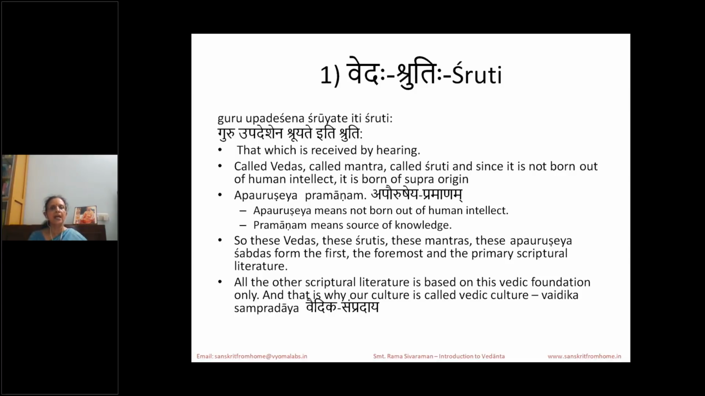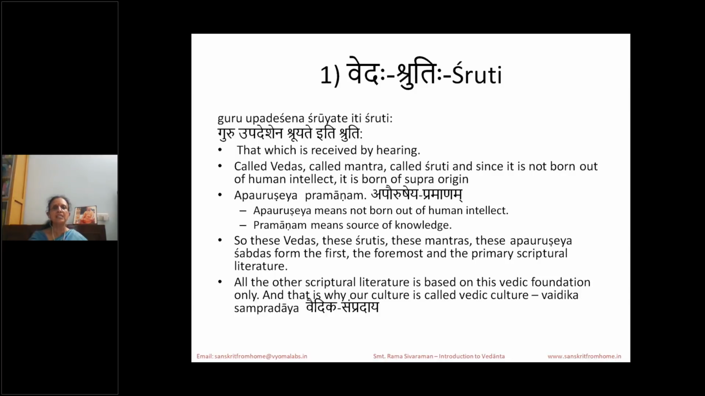We firmly believe that apaurusheya pramanam existed in the atmosphere, and the rishis, because they had special sensory powers to receive this, could receive it and then transmit it thereafter to their students, and then it came down. So these Vedas, these Shrutis are all apaurusheya shabdas from the first, and they form the first and the foremost and primary scriptural literature, right? All other scriptural literature is based on this Vedic foundation only. And that is why our Sampradaya is called Vaidika Sampradaya,